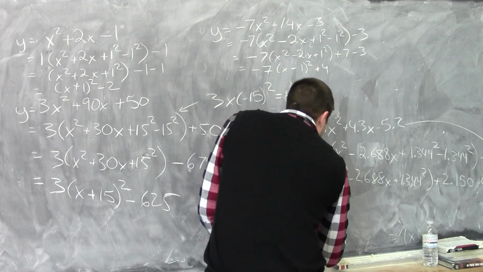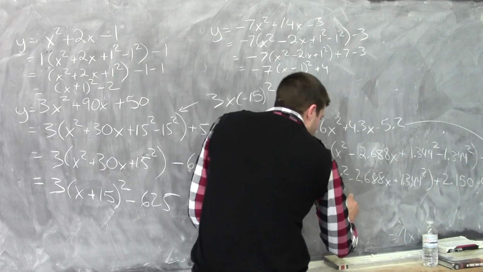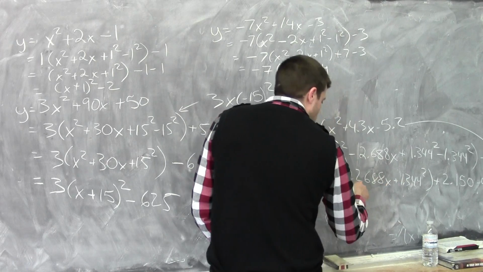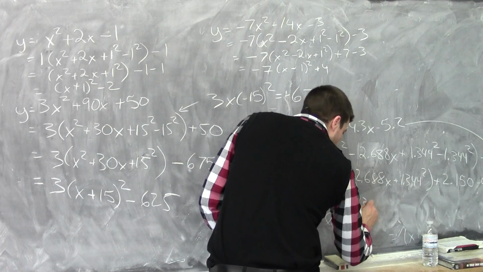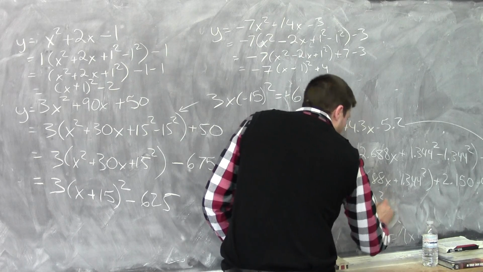So last step, negative 1.6, square root of this, x, square root of this sign drops down, square root of this, 1.344 squared. And now just